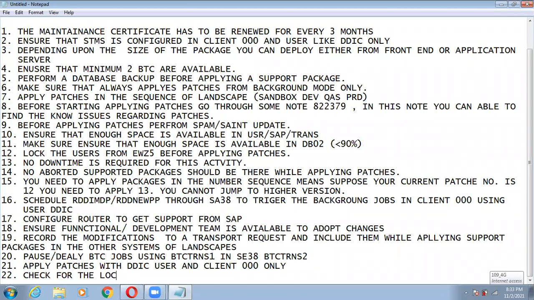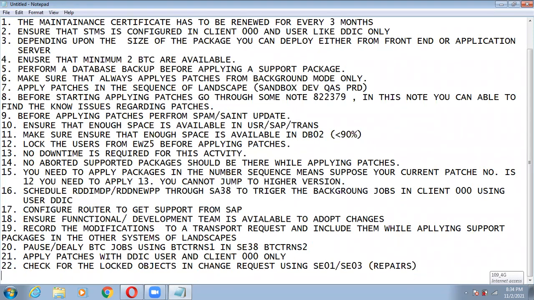Check for the lock objects in change requests using SE01 or SE03. Repairs will be there in that, and I will tell you about it. So you need to check for the lock objects.